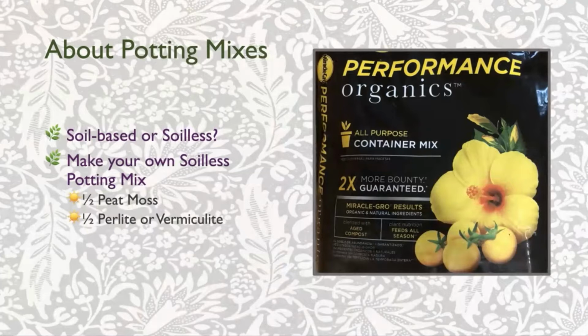So about the potting mix that I used, I'm not recommending any particular brand. Notice I have one here that I happen to use, but there's a lot of different brands out there that are very good. The other thing you can do if you're going with a soilless mix like this is you can actually make your own. If you make your own, you can use the proportions and things that you want. The recommended recipe for making your own that I have seen is half